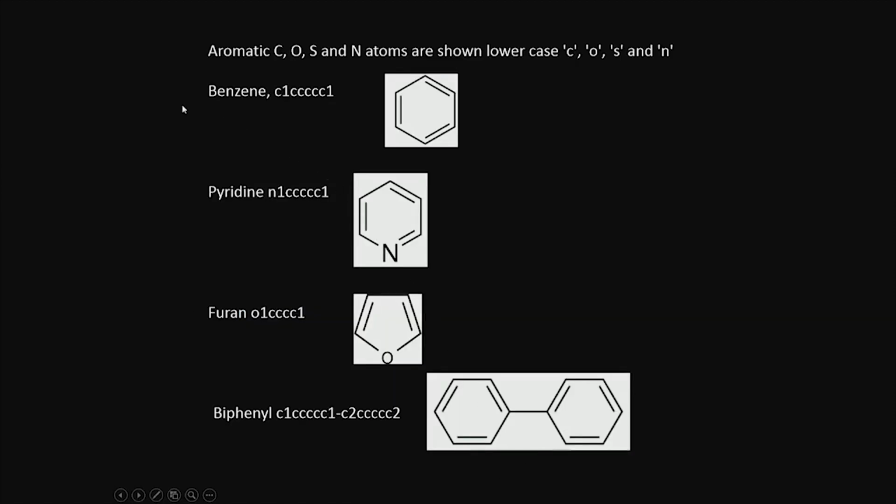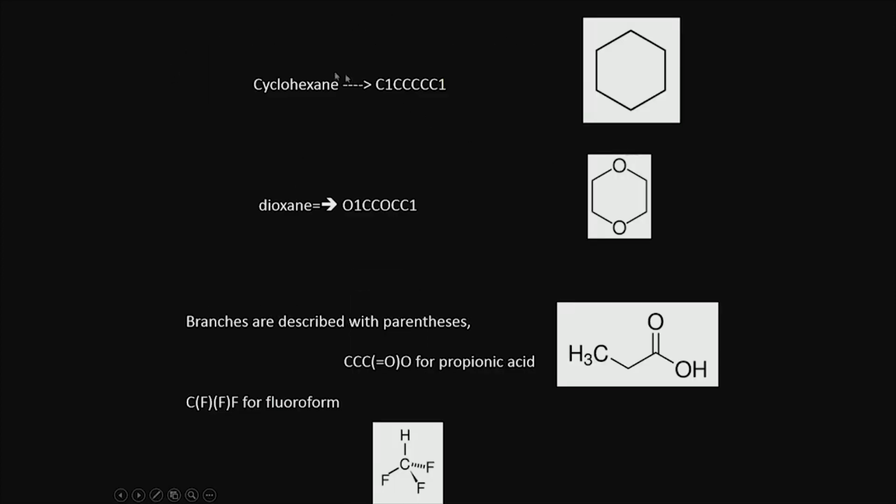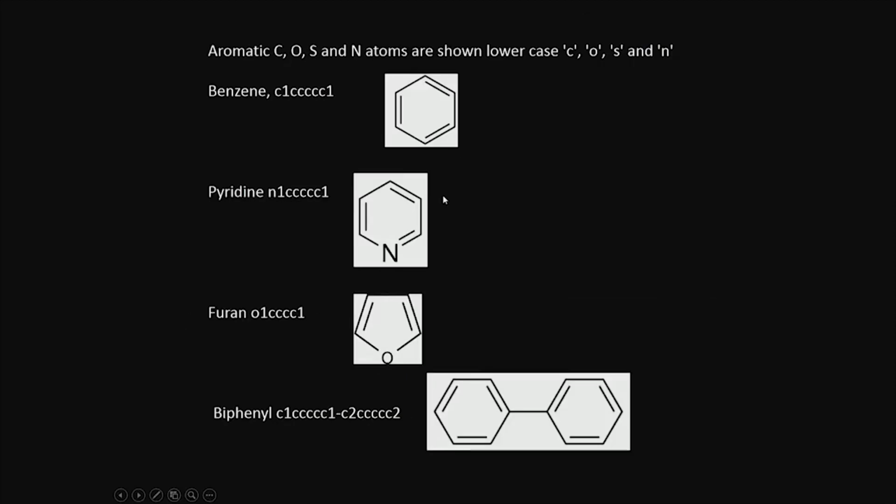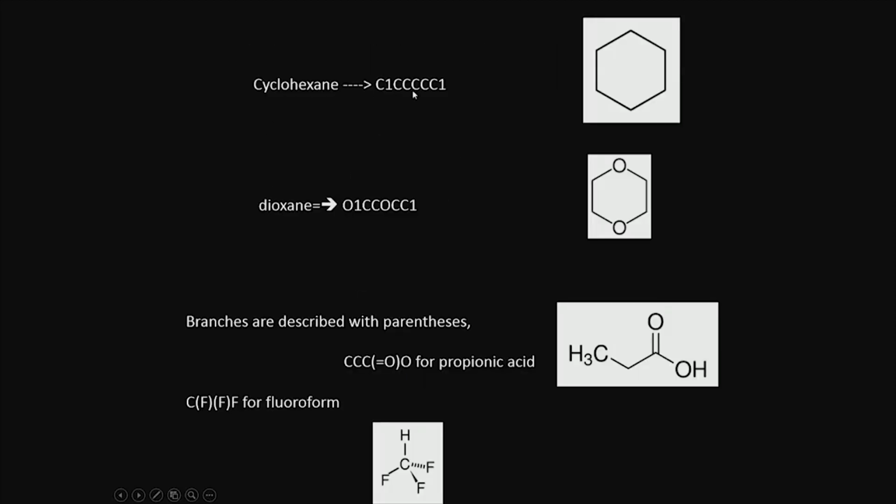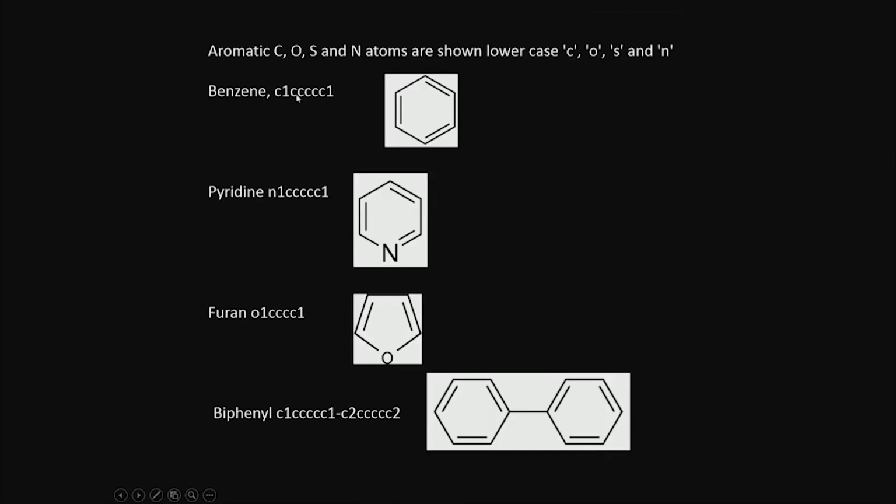Okay. Aromatics are shown with lowercase. So, aliphatics are shown with uppercase, aromatics with lowercase. So, benzene I write just like cyclohexane, but the only difference is that instead of capital C's I use small c's, you understand. So, for pyridine I start with nitrogen 1, then I put 5 carbons and then the last one I put 1. So, this carbon and this N are connected, and because they are all in lower case, it is an